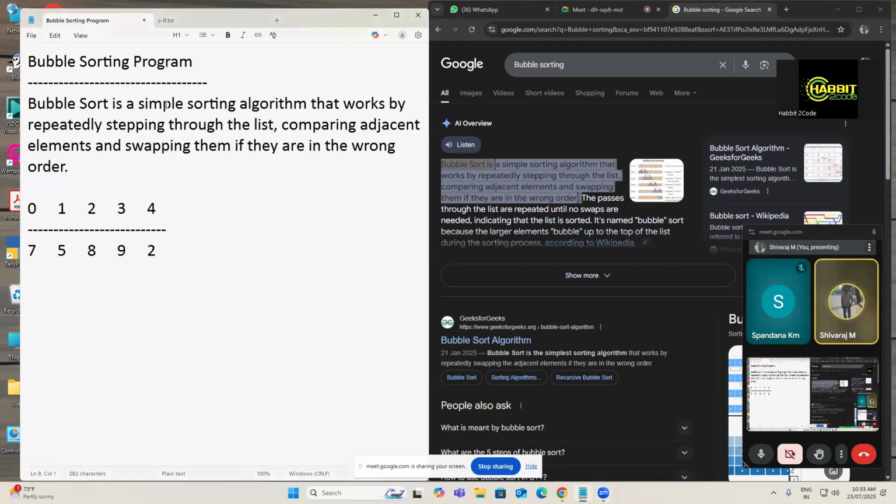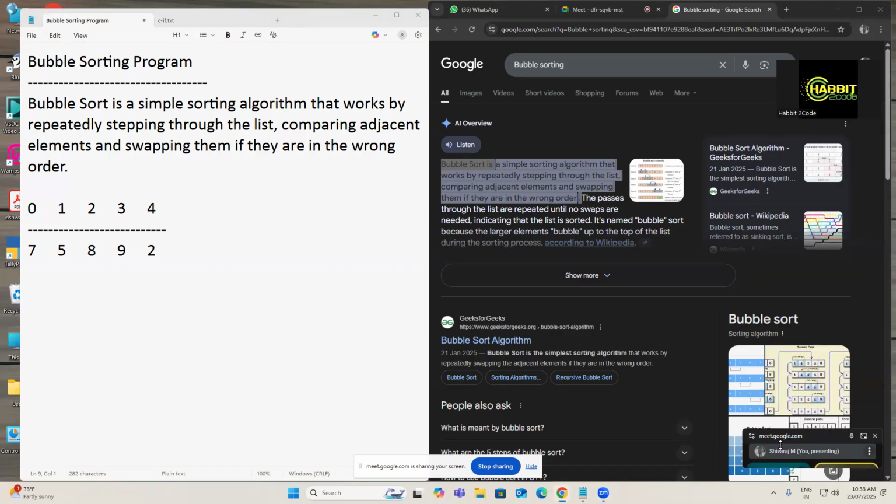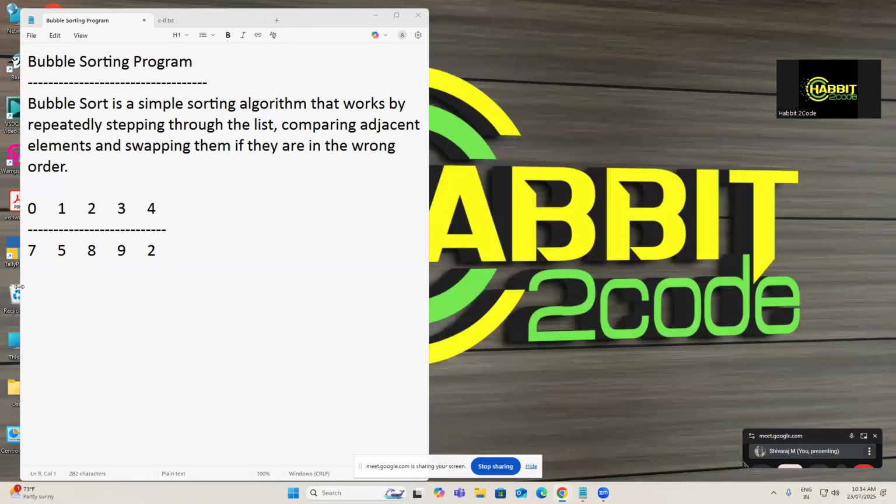So now bubble sort is a simple sorting algorithm that works by repeatedly stepping through the list, comparing adjacent elements and swapping them if they are in the wrong order. Right. So now here, in this case, there is a list of values in the array. These are the list of values which are not in proper order. If you want to arrange them in a proper order, the first technique we are learning is bubble sort